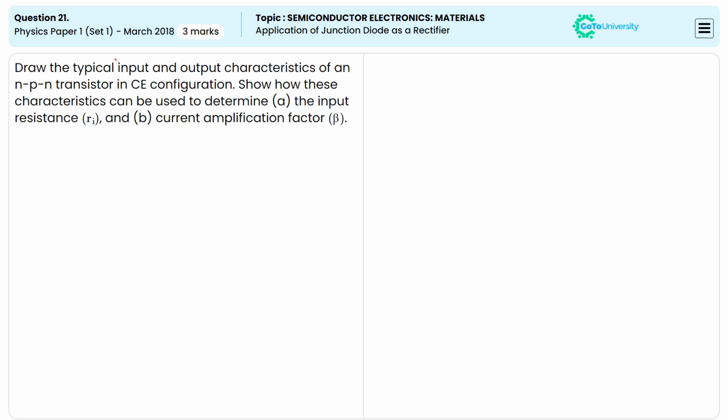So let me see the characteristics of an NPN transistor. There is the input and output. In input, we have input current, we call that IB, and input voltage, that is VBE,